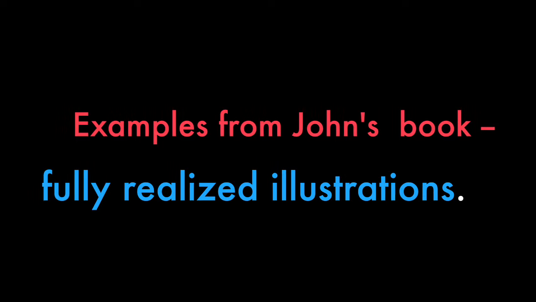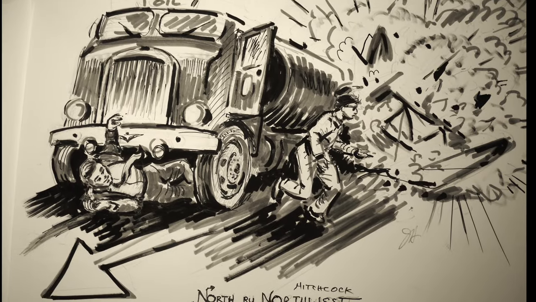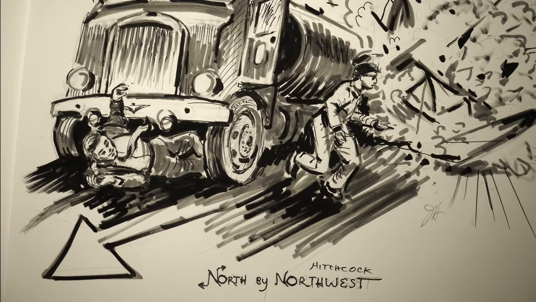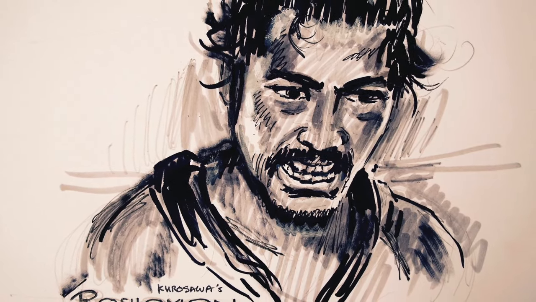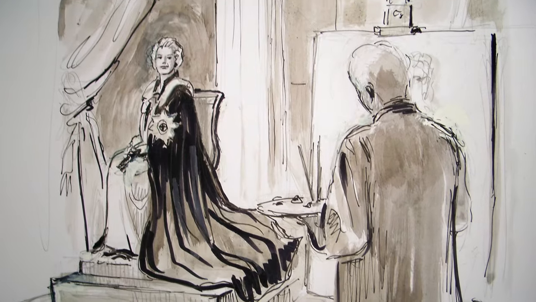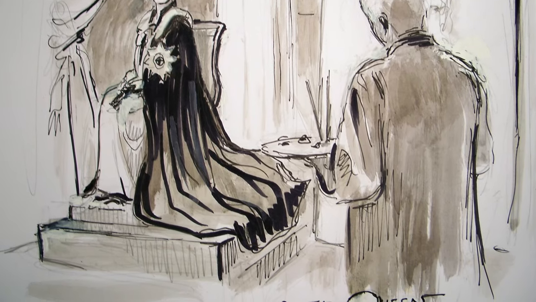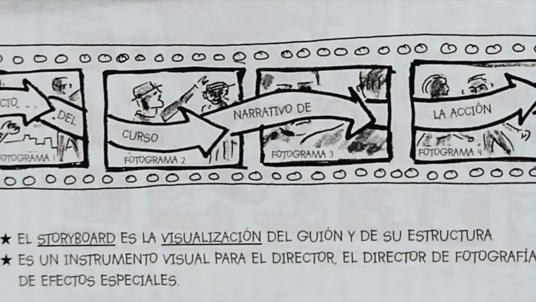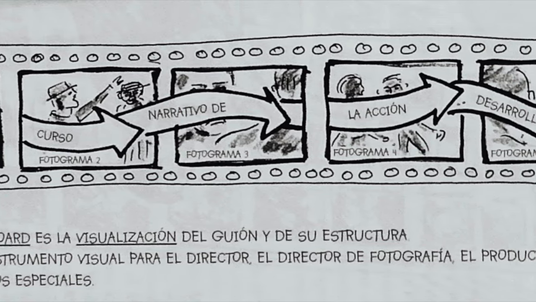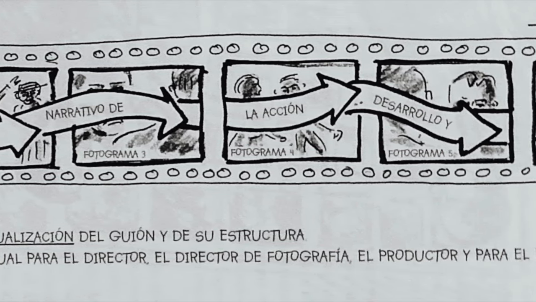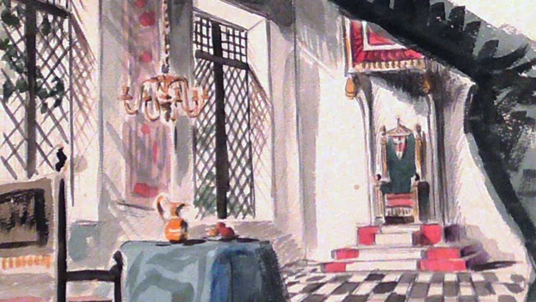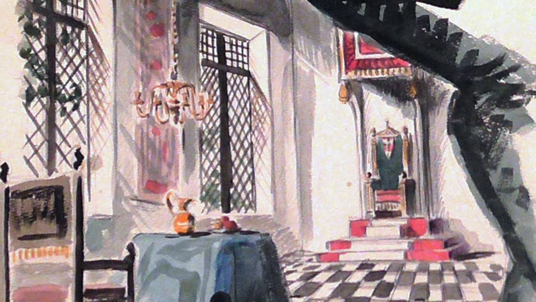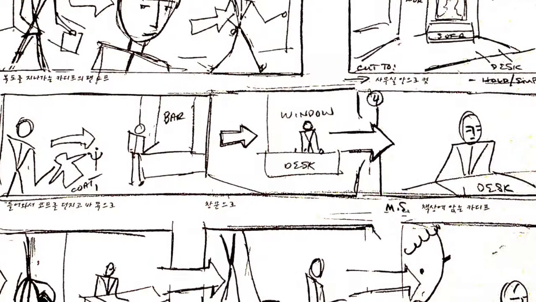Center of interest. Now here are some examples from my book. This is from North by Northwest. That's Rashomon, shading with a watercolor pencil. There, the queen is off-center to the left. And this is another reminder that each frame should have its own flow into the next frame. That's storyboarding, illustrating the script or the narrative.